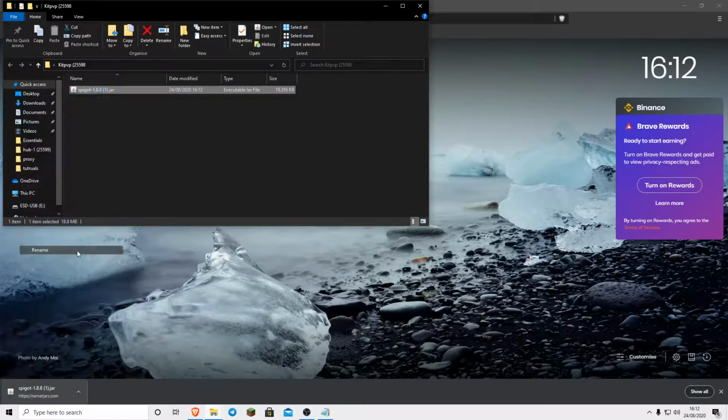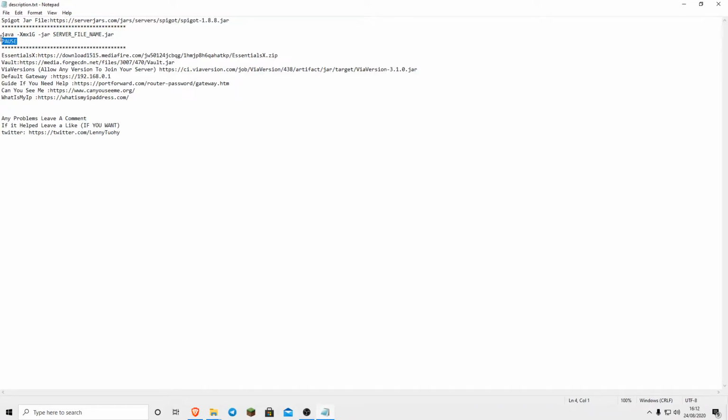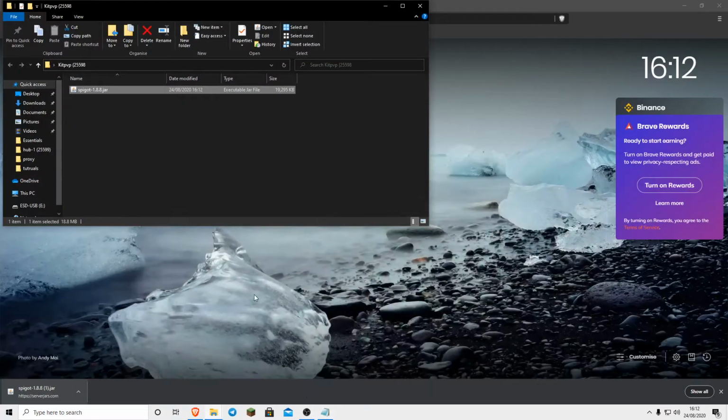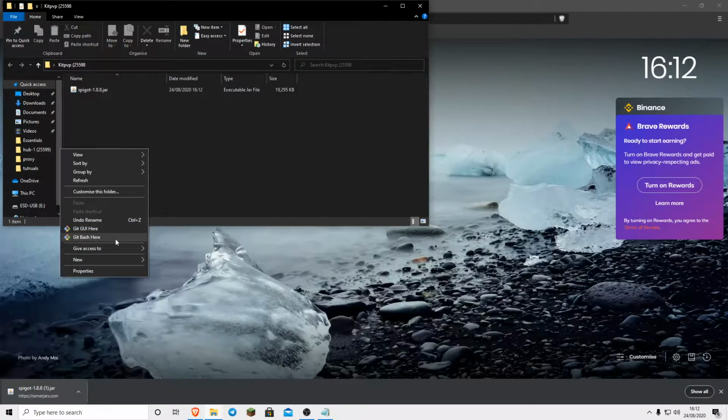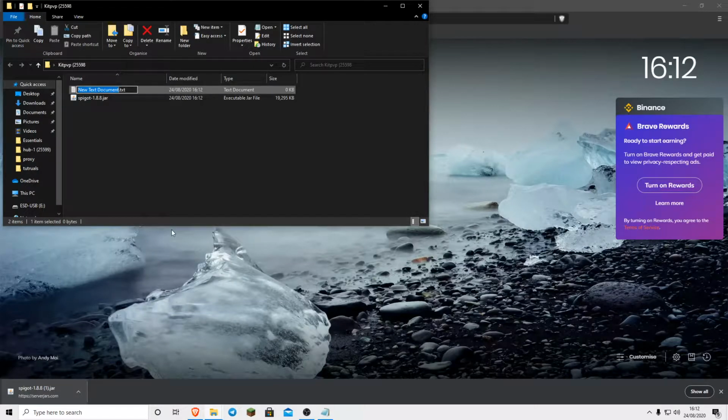And once you've done that, you want to go into the description and copy the second thing where it says Java dash that. You want to copy it, and then you're going to want to create a text file in the server. You want to call it start.txt